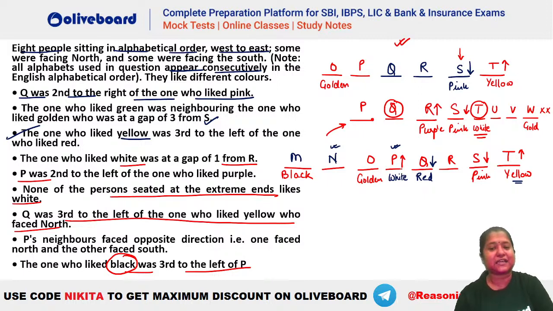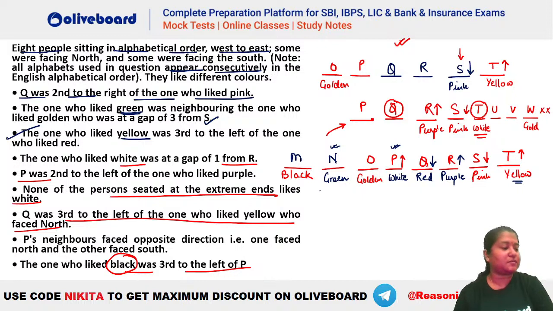आगे देखते हैं, P was second to the left of purple, so you can see P is second to the left of purple, purple can be anybody, that is N also, R also, अब यहाँ पर हमें green place करना था, remember green has to be a neighbor of golden, so green will be here, once you place your green you can place the purple as well क्योंकि अब तो सिर्फ वही बचा है, so this will be your purple.